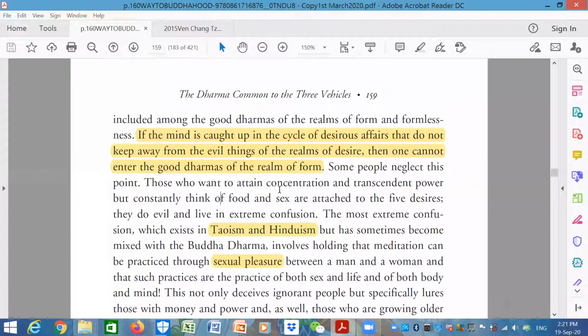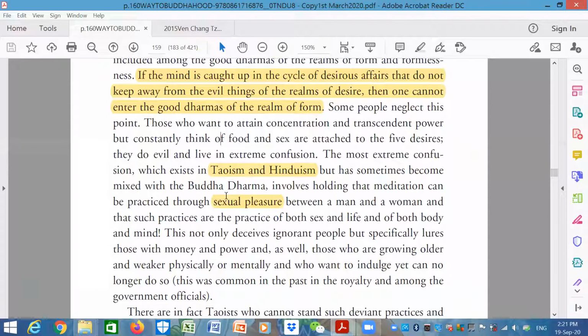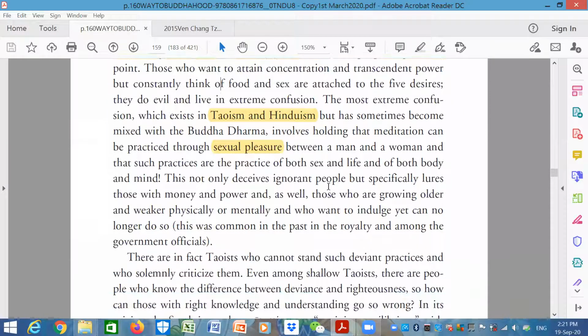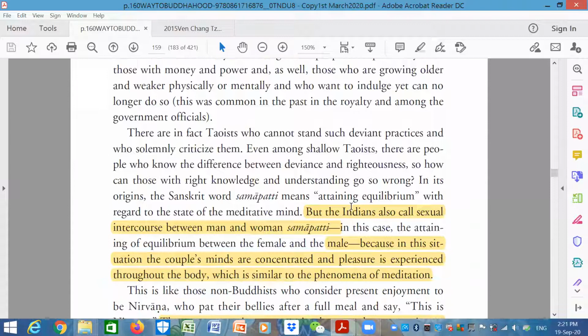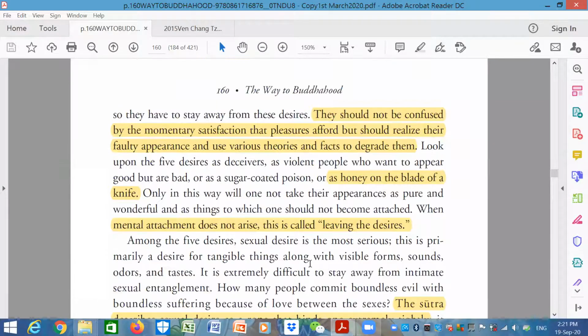In the previous lesson, we talked about the yoga sects, which still exist in Taoism and Hinduism. So we do a little bit of elaboration regarding it. They should not be confused by the momentary satisfaction that pleasure affords, but